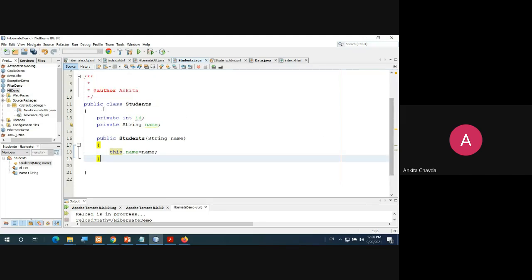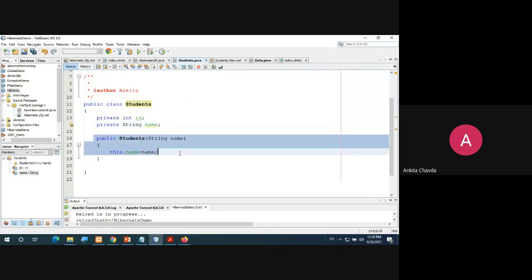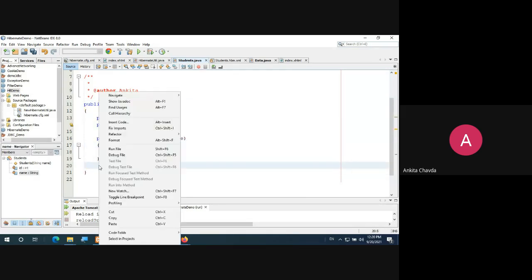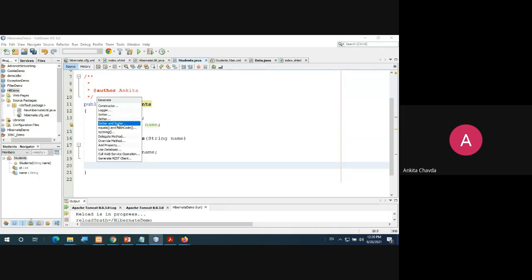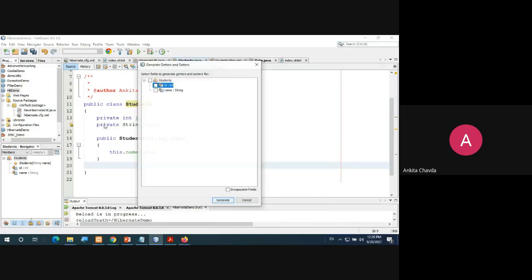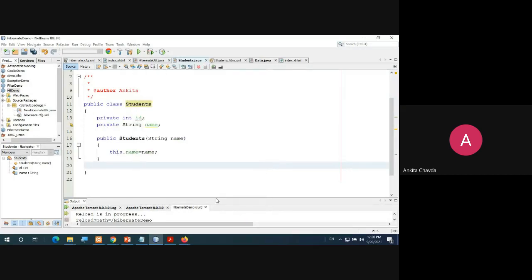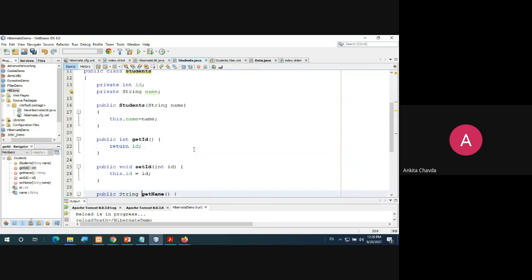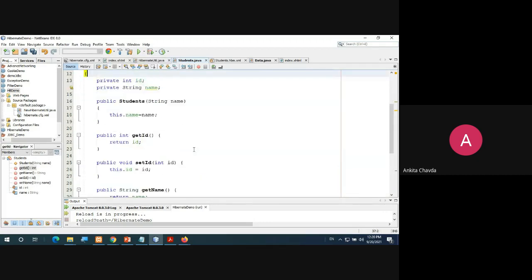One class I have created, public class Students. In that, integer ID, string name, and one constructor. After that, simply right click over here. You can insert the code, select getter setter method. Simply select this and the code will be there, right? You don't need to write it. So these four functions will be there. Fine.